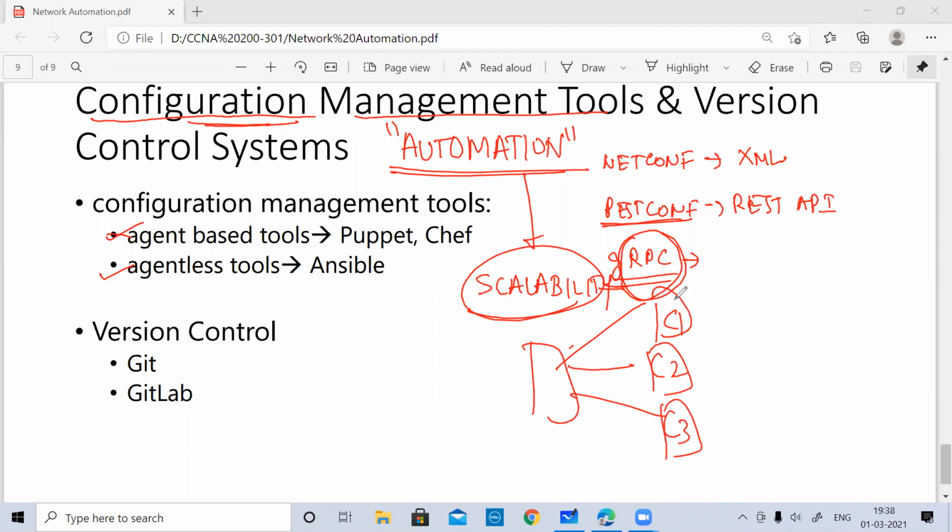In all the client systems you've got to install the agents, client agents I will say. And here your server agents will be there. So before you actually start the communication or configuration, you've got to install this. We have two popular examples, Puppet and Chef.